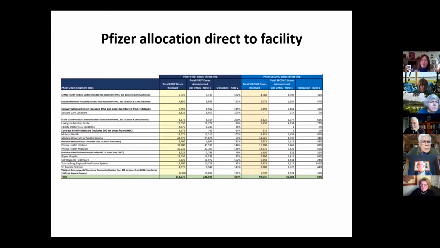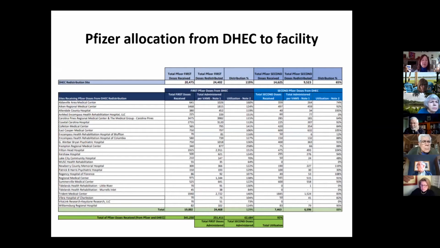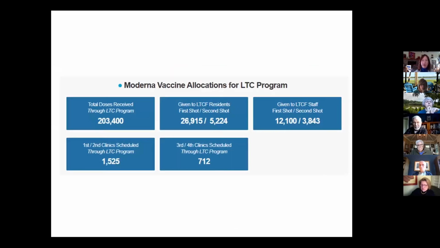These are vaccines that go straight to the facility. We also have other facilities that want vaccine, but they want smaller amounts. Pfizer vaccine logistics are also messy because they send it in units of about 1,000 doses of vaccine. You can't order less because of this special cold chain. You have to order large amounts. So what about places like Tidelands Health Rehabilitation in Murrells Inlet that only want 45 doses? That's possible. It comes to DHEC first, and then we make arrangements to maintain that cold chain to get it to those smaller places. So you can see what that allocation is as well.